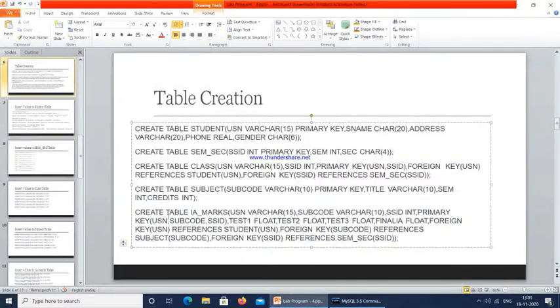So you can see here, create table IMarks, USN is varchar 15, subject code varchar 10, SSID is integer, primary key is the combination of USN, subject code and SSID. All three together form a primary key. Test 1 is float, test 2 is float, test 3 is also float, and final IA is also float. Because we have three foreign keys, foreign key USN references the student table, foreign key subject code references the subject table, and foreign key SSID references the same section table.